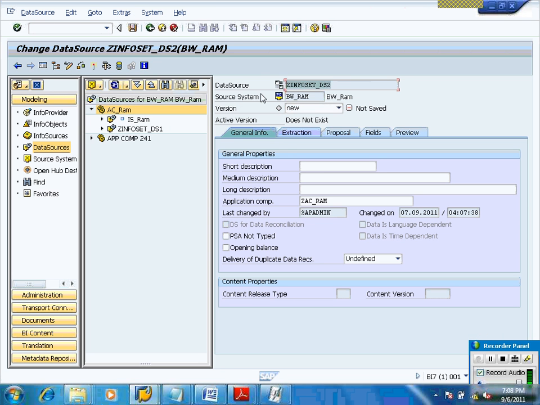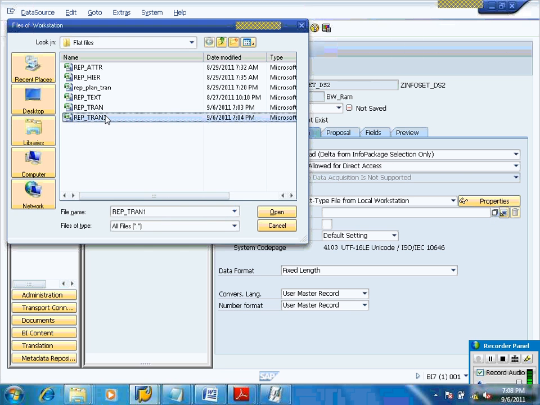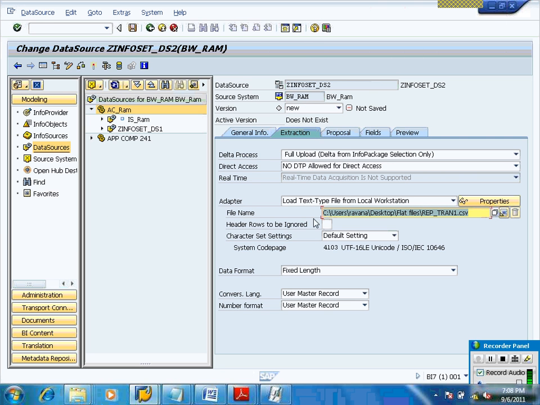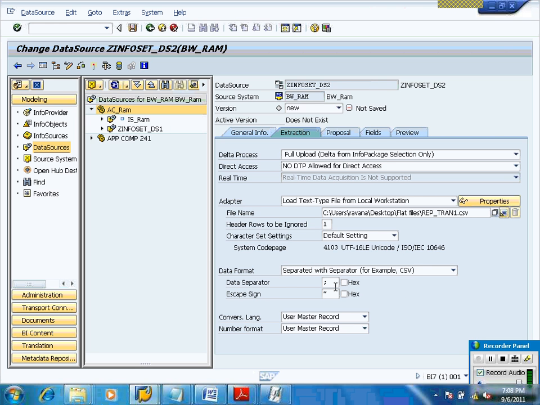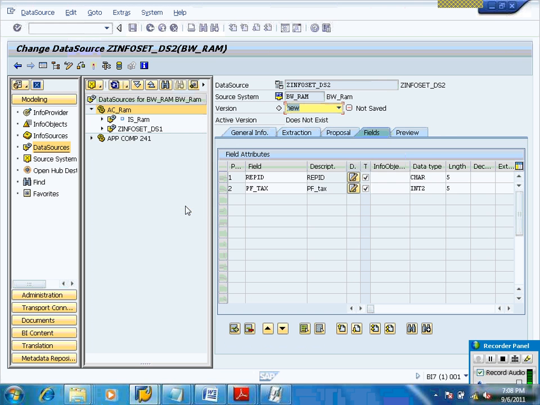Click on continue. Give description, go to extraction, click on the file name, select the second file, and header goes to this. Go to proposal, this is the data you are loading.